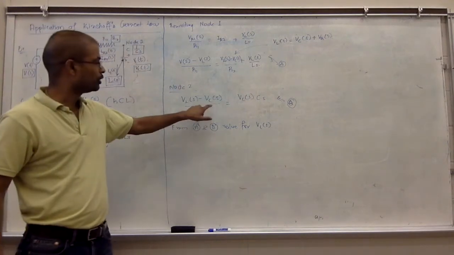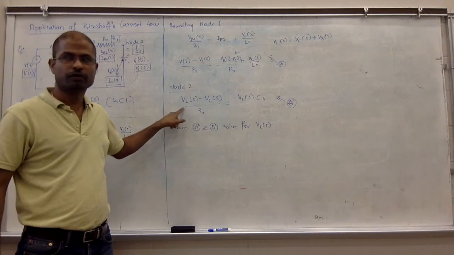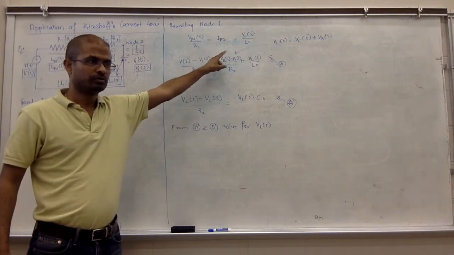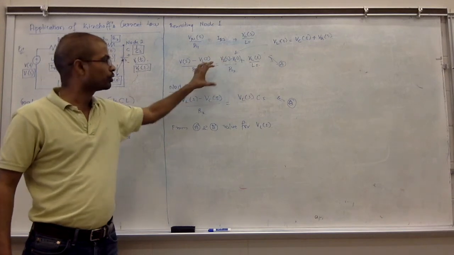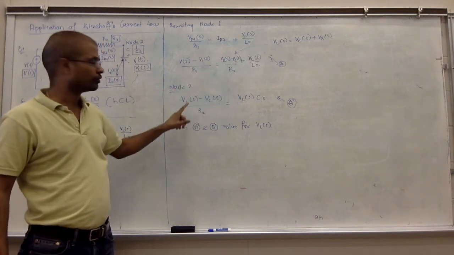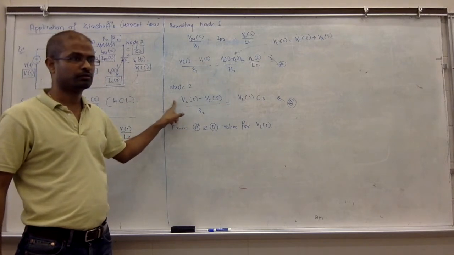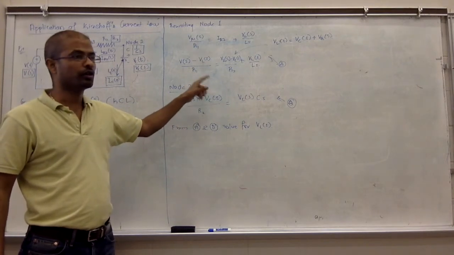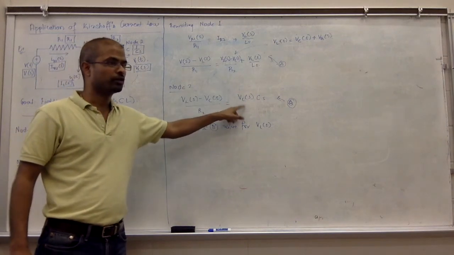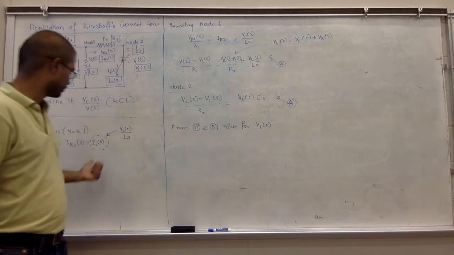Or take B, solve for V_L(s), and substitute that V_L(s) here. The only unknown quantity between these two is what? V_L(s). Everything is either a known quantity or something you are trying to find. Okay, you can then figure out this V_C(s) over